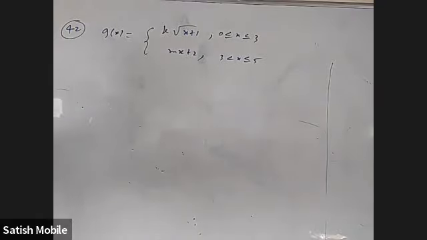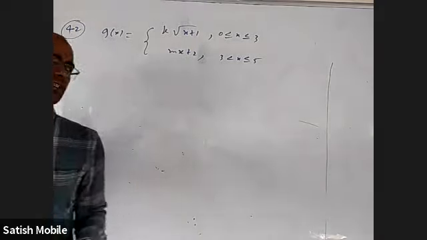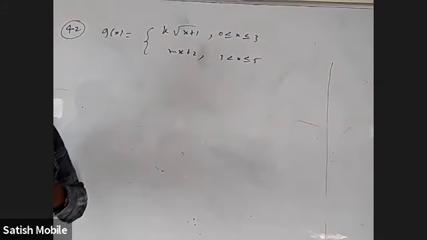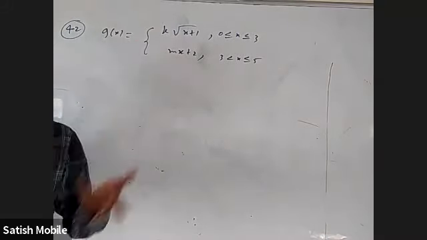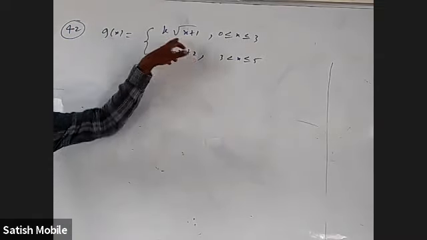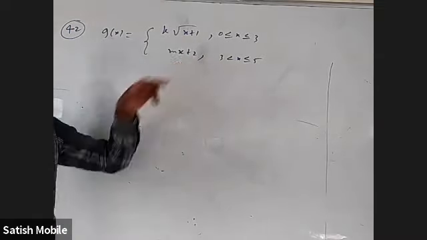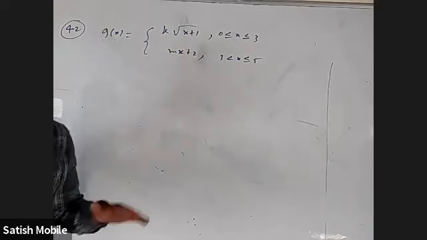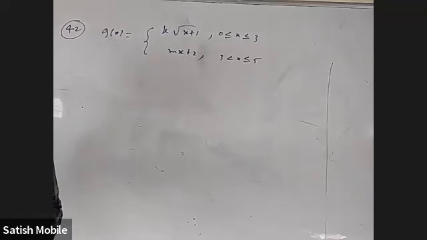Okay, now listen. Let me tell you first what to do. They want a differentiable function. So at 3 the definition is changing. So most likely we check differentiability at 3. We'll differentiate this, substitute 3, and differentiate this, substitute 3. Left hand derivative equal to right hand derivative. But we have two unknowns, k and m. If you are doing it that way, nothing wrong, but check continuity also first. First of all, it has to be continuous for it to be differentiable.